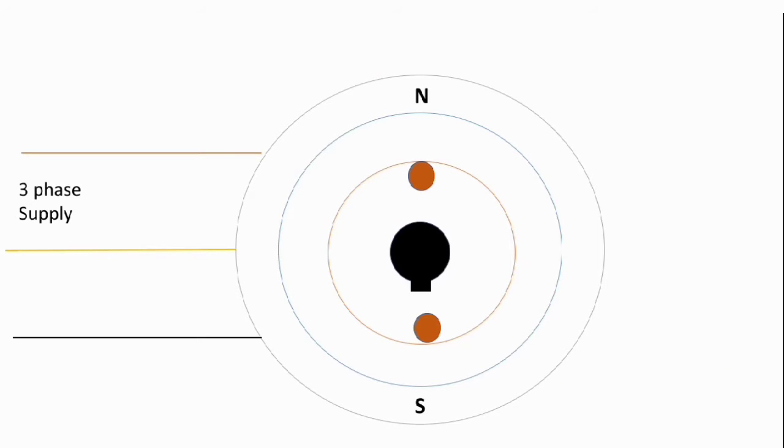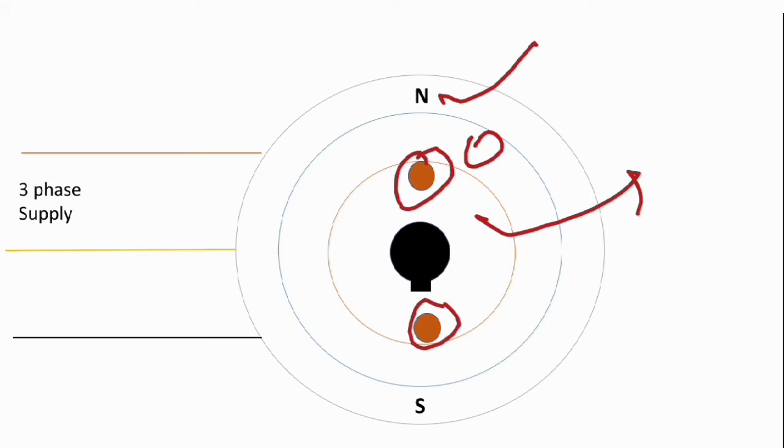Okay, in this upcoming slide, we discuss how the induction motor is different from the induction generator, that is, the differences in working principle between the induction motor and the induction generator. Here you see there is an arrangement. This is the stator, this is the air gap, and this one is the rotor.